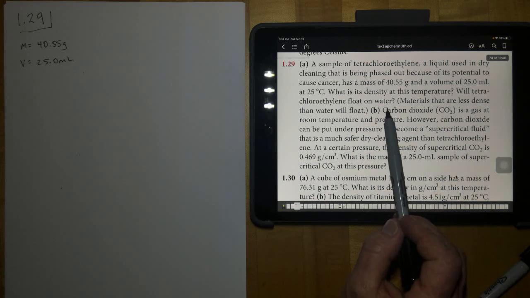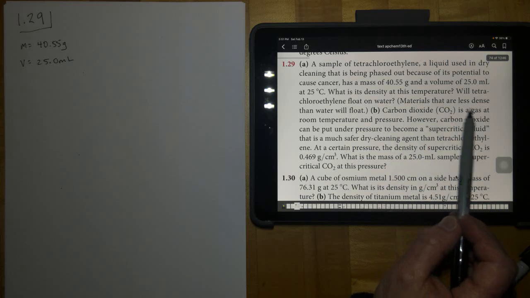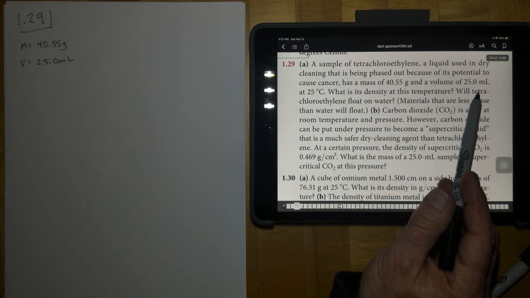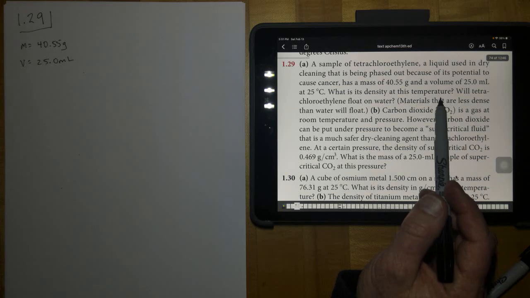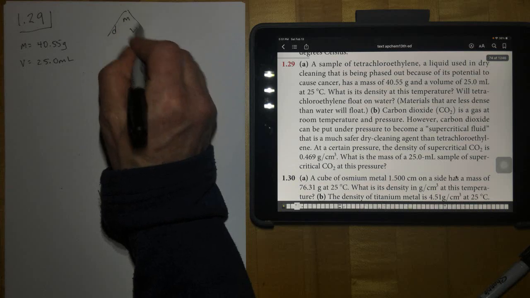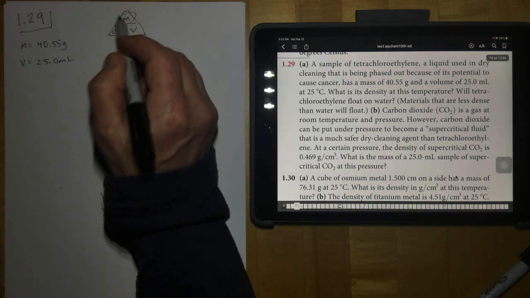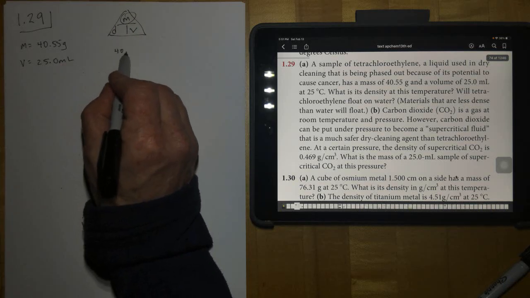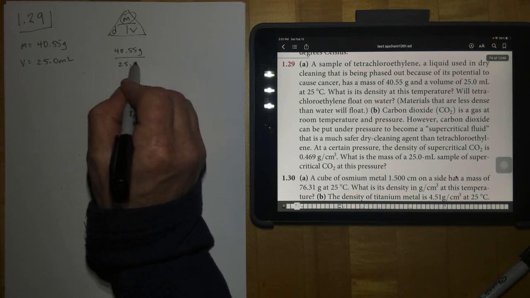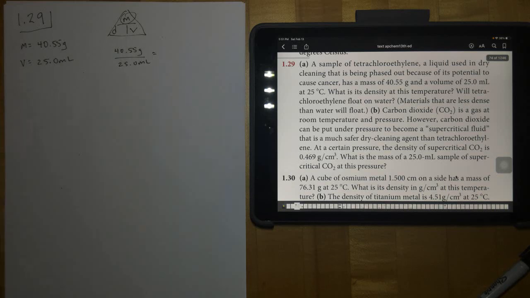Will tetrachloroethylene float on water? Materials that are less dense than water will float. Okay, so density is equal to mass divided by volume. To find the density, I would take my mass, 40.55 grams, and divide it by my volume, which is 25.0 milliliters. Do that on my calculator, and I end up with